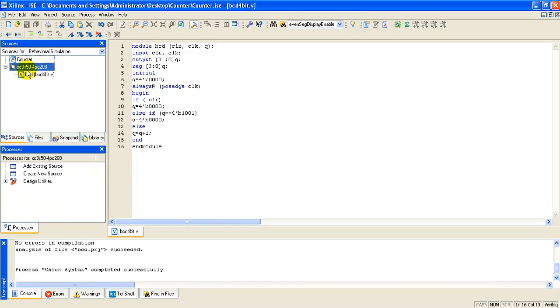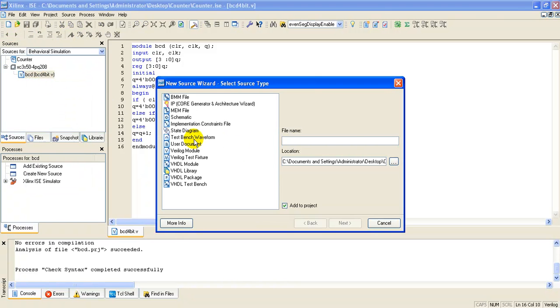Once the syntax and errors are checked, go to the option called behavioral simulation. Click on this BCD, select new source, and select the option called test bench waveform. The test bench waveform is a window wherein we force the inputs to get the specified outputs, clearly mentioning the clock inputs to be used in our counter.